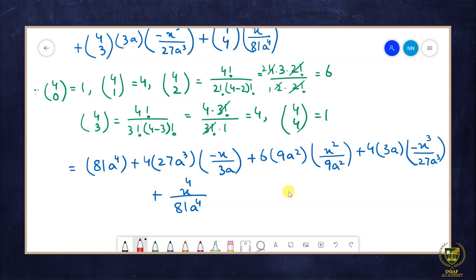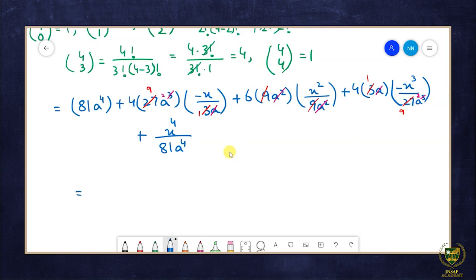अब यहाँ पे ये जो टर्म्स हैं इनको रिड्यूस कर लेंगे। 3 into 1 is 3, 3 into 9 is 27, 9 से हो जाएगा कैंसिल। 3 into 1 is 3, 3 into 9 is 27, a cube over a is a square, a square से कैंसिल हो जाएगा और यहाँ पे a के साथ जब कैंसिल होगा तो डिनोमिनेटर में आ जाएगा a स्क्वायर।